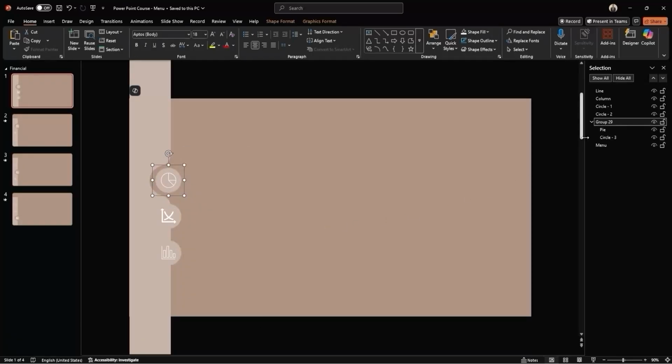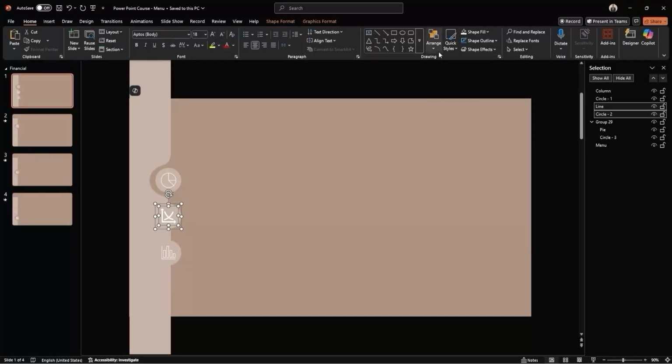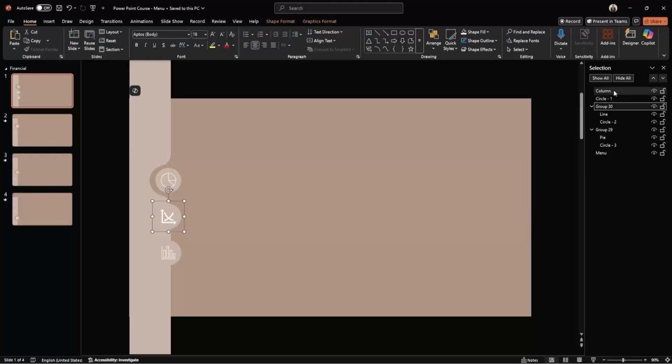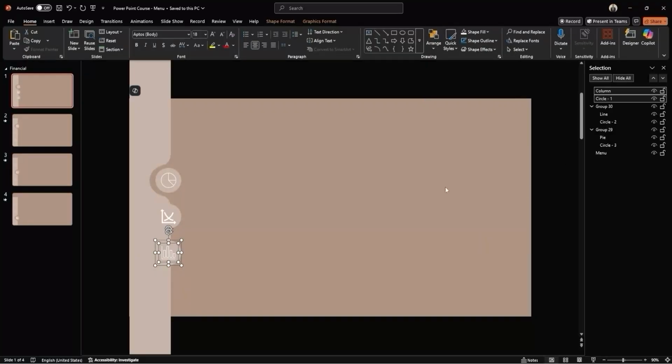One of the benefits of grouping elements like this is that PowerPoint treats each group as a unique entity, which becomes important in the next step when we apply transitions and effects. Sometimes, PowerPoint mistakenly interprets multiple objects, like our identical circles, as the same object, which can mess up the morph transition. Grouping them avoids this issue by assigning each group a distinct identity. Go ahead and rename each group in the selection pane so they're easy to manage.